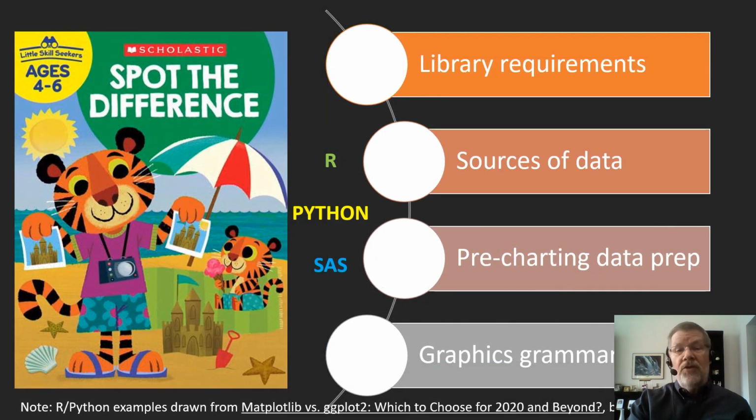Even when trying to achieve similar results, there are some big differences between the three languages' approaches as far as how to accomplish things. So now we're going to play a little game. My R and Python knowledge is primarily from books and online courses, and there are lots of ways of coding the same thing. So to be fair to the languages, I tapped into an R Python practitioner's benchmark code for comparing matplotlib and ggplot2, making some changes as needed to get the code to run against my data sources and on my laptop. I then added my own SAS ODS graphics version of the code for comparison. Let's see what we've got.